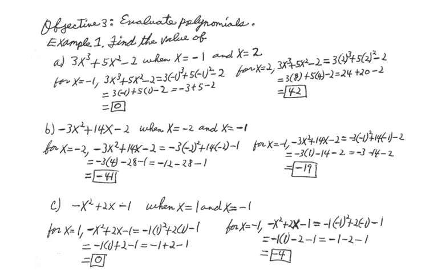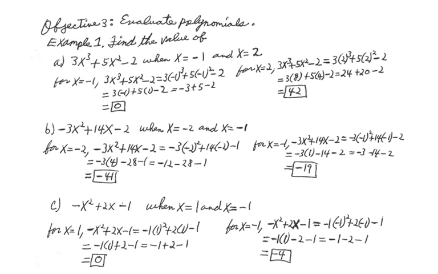Objective number 3. Evaluate polynomials. Example 1. Find the value of A. 3x cubed plus 5x squared minus 2 when x equals minus 1 or x equals 2. First, for x equals minus 1, this polynomial 3x cubed plus 5x squared minus 2 becomes equal to 3 times